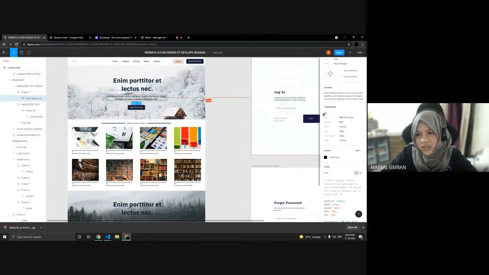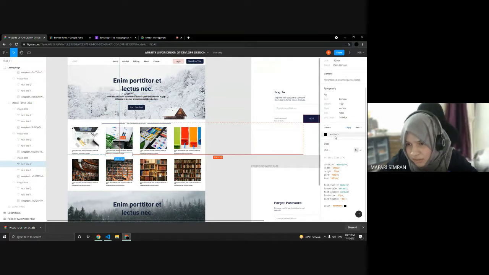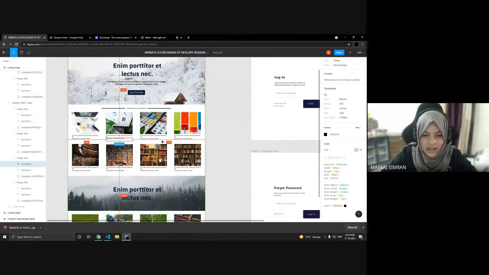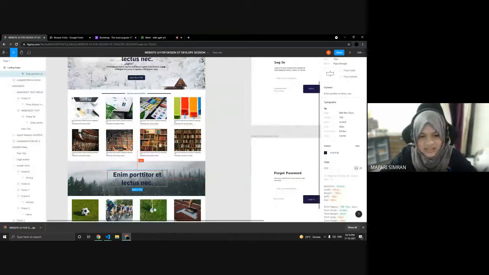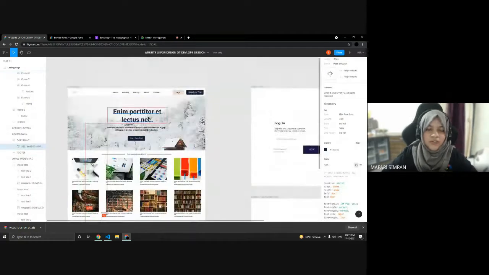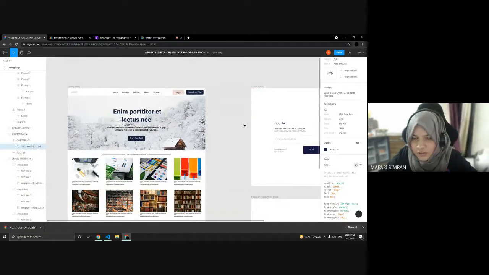I go to this one, it's also IBM Plex Sans, and here as well. Okay, here it's Roboto, and down it's IBM Plex Sans. So now you know that IBM Plex Sans is the font used here.